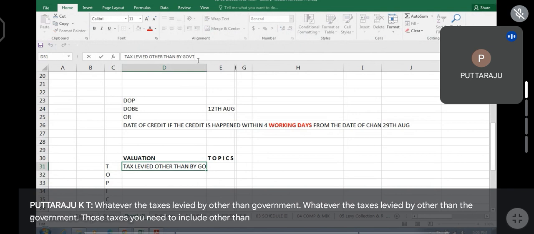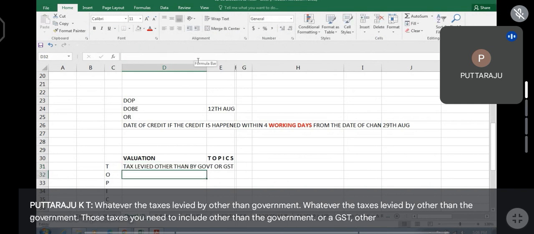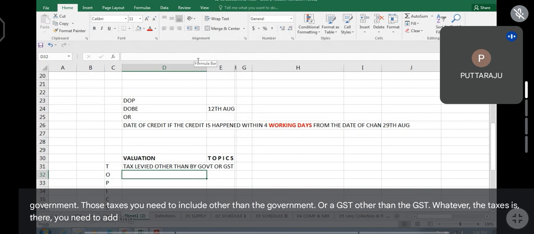Other than the government or GST. Other than the GST, whatever the taxes are there, you need to add all those taxes. Okay. Second one, obligation of